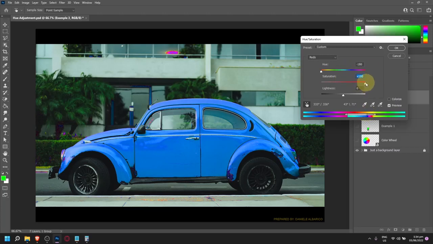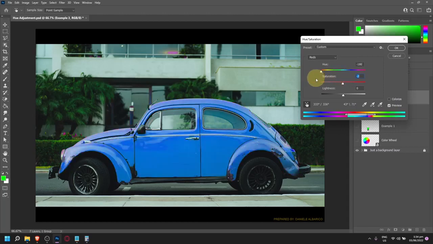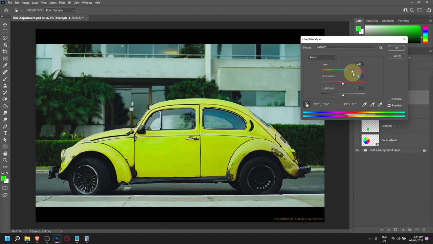Okay. So, let me reduce the saturation. And let me change the color na. And let's see if na-cover ba natin lahat. So, as what I am seeing right now, na-cover naman lahat. So, all goods with that. However,